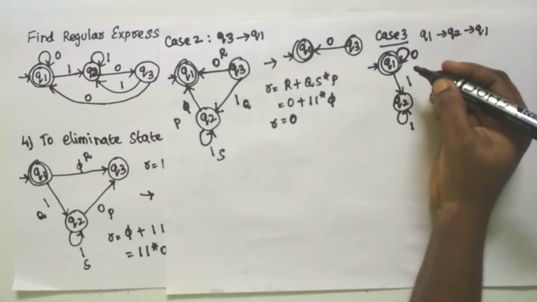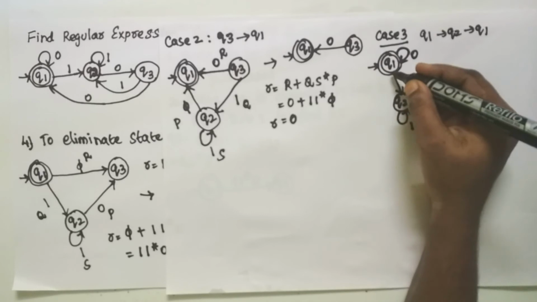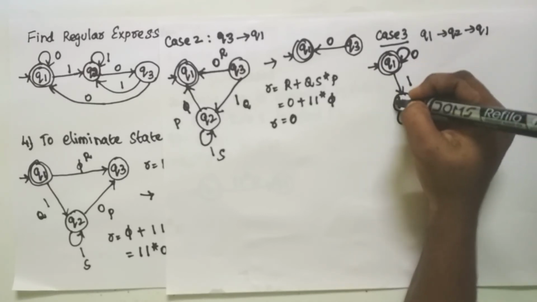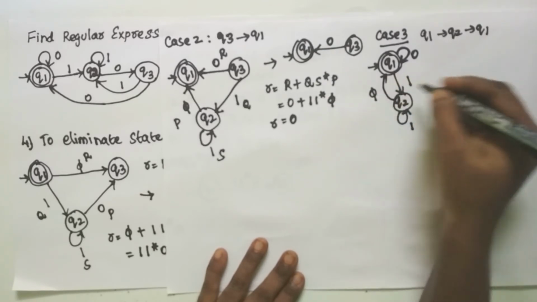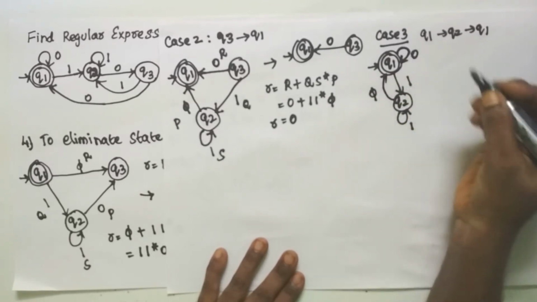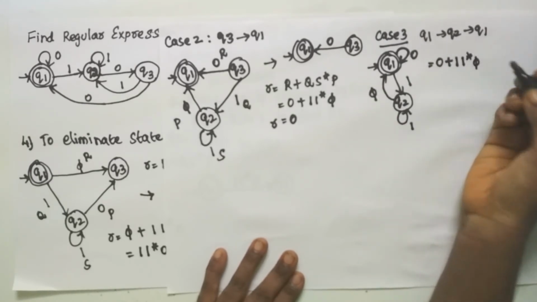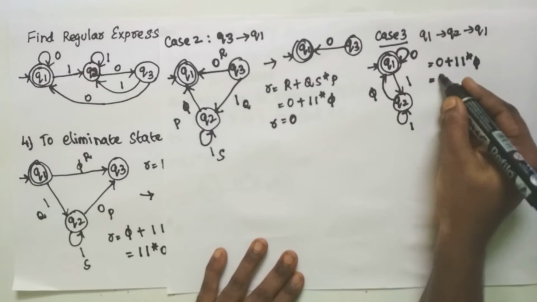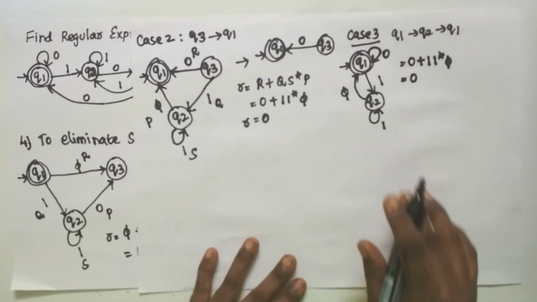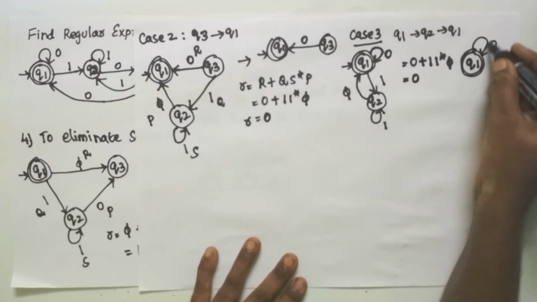So now how will you form it? So for considering this, since you don't have a circle, you don't have any cyclic path. Since Q2 to Q1 is not having any path, actually your path is only pi. So how you need to apply this is, since it is having a self loop, it is 0 plus 1 into 1 star into pi. So it is nothing but 1 into 1 star into pi, is pi into R will be pi. So you will have only 0. So by eliminating the state Q2 in the self loop, you will have only 0 will be the value.